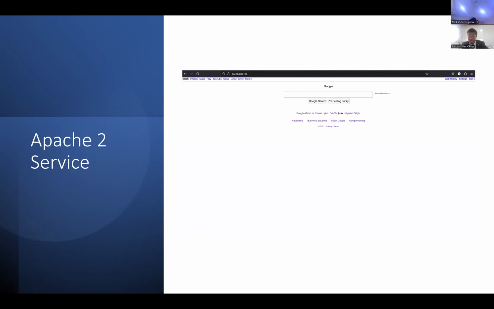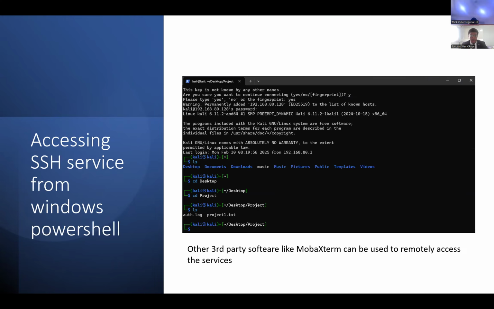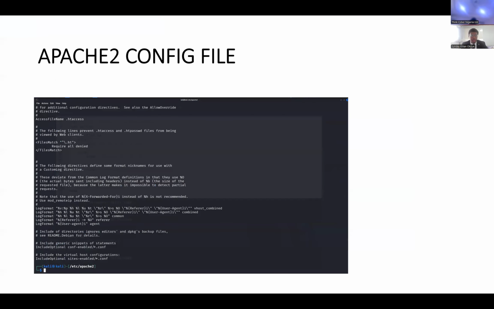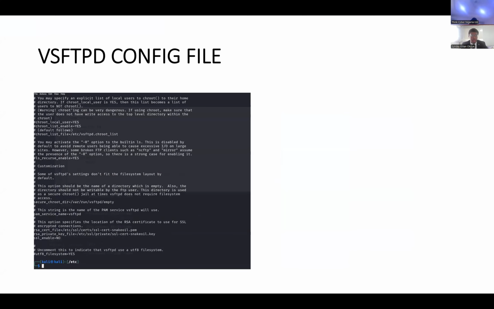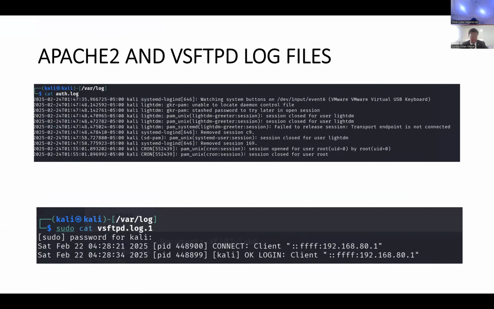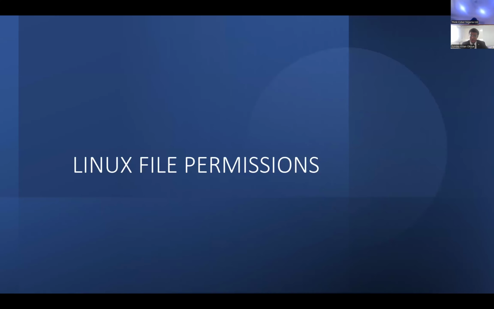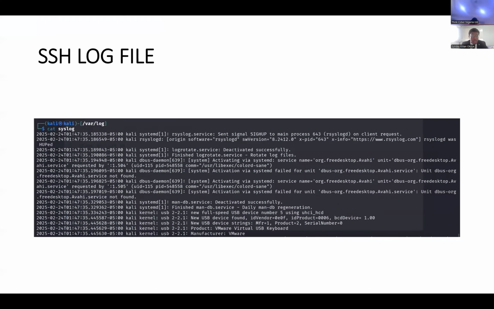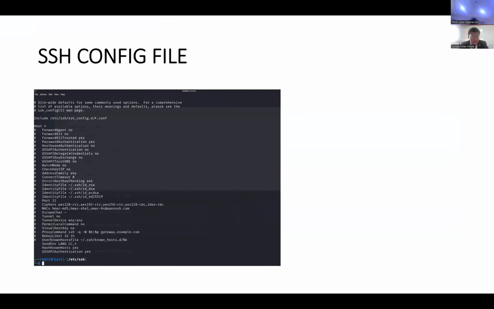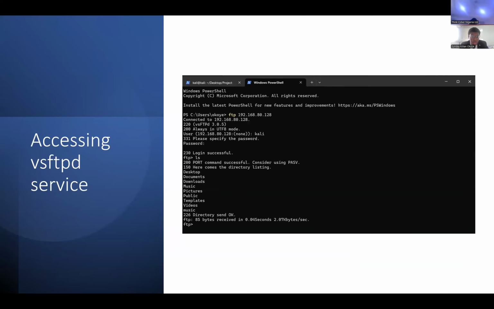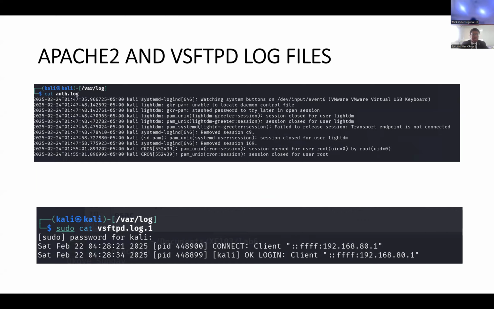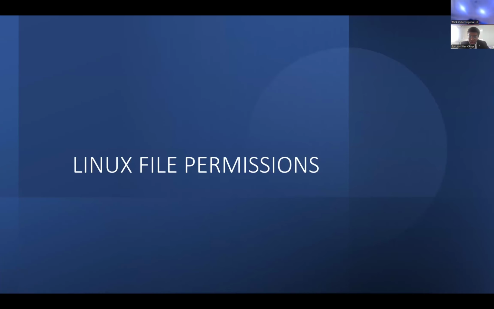All right, that's fine. That's fine. Let's move to the next part. Apache 2 configuration. Okay, configuring the file. Okay, SSH config file. Okay, all right, that's fine. Log files. Okay. Before you get to Linux file permission, do you have any use case here? Oh, okay, all right, sorry, I forgot. Move to add the use case today. Move to Linux file permission.